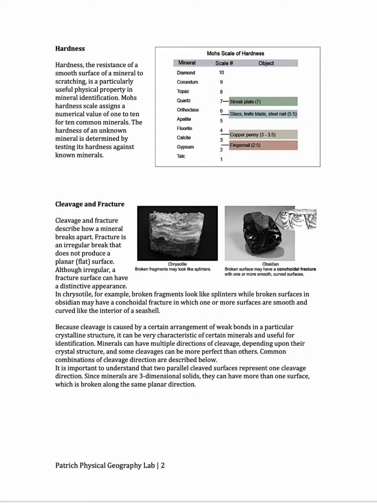Let's say we have an unknown and I take my number 5, which happens to be apatite, and I scratch my unknown. Well, if the 5 scratches the unknown, then the 5 is harder. So then I'd move down to number 4, take the 4 and scratch my unknown specimen. And if they scratch each other, then they are of equal hardness. To put the spectrum in scale, 2.5 or thereabouts is the hardness of a fingernail. So anything below that you should be able to scratch with your own fingernail.